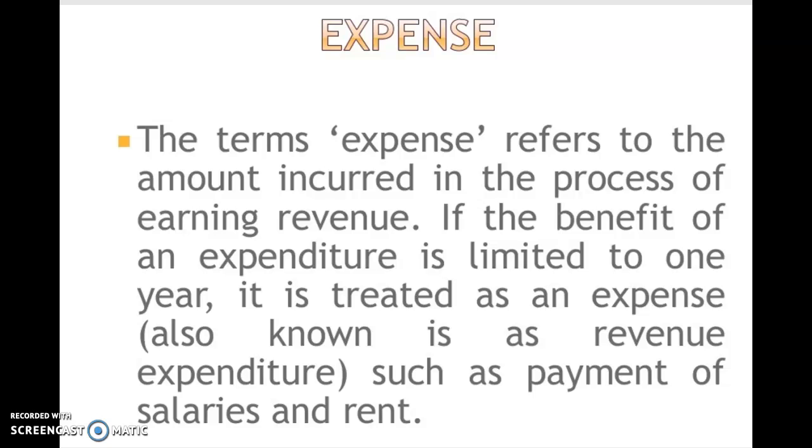For example, when a business starts producing or selling a new product or services for the first time in the market, they incur a very heavy advertising expenditure. Now, advertising expenditure is not relating to capital expenditure, but the benefit of this is available over a long period of time. Once the expenditure is done by the seller, the benefit of that advertisement is available over a long period of time. So such type of expenditure is known as deferred revenue expenditure.